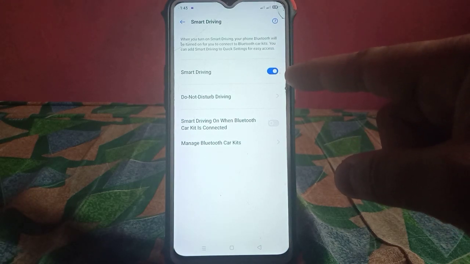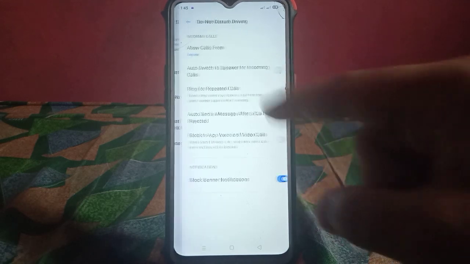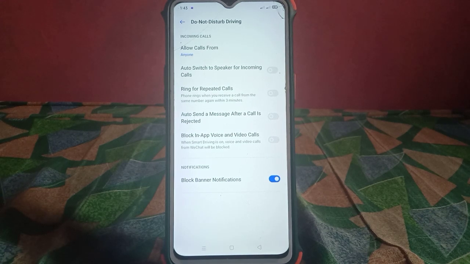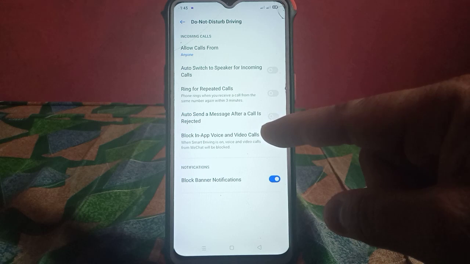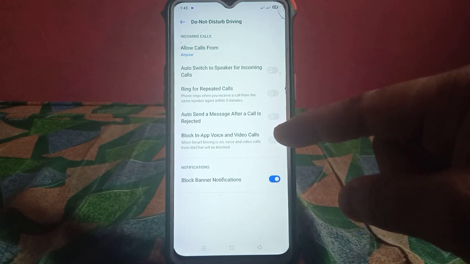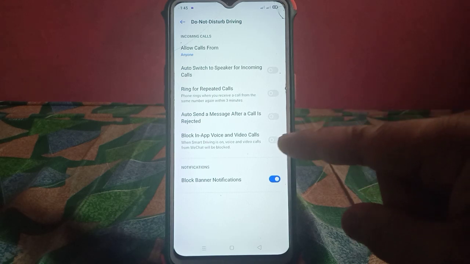And okay guys, all you have to do is go to do not disturb driving. Click this. In do not disturb driving and incoming calls, you can see below block in-app voice and video calls. When smart driving is on, voice and video calls from WeChat will be blocked. To turn this on, all you have to do is switch on the switch button on